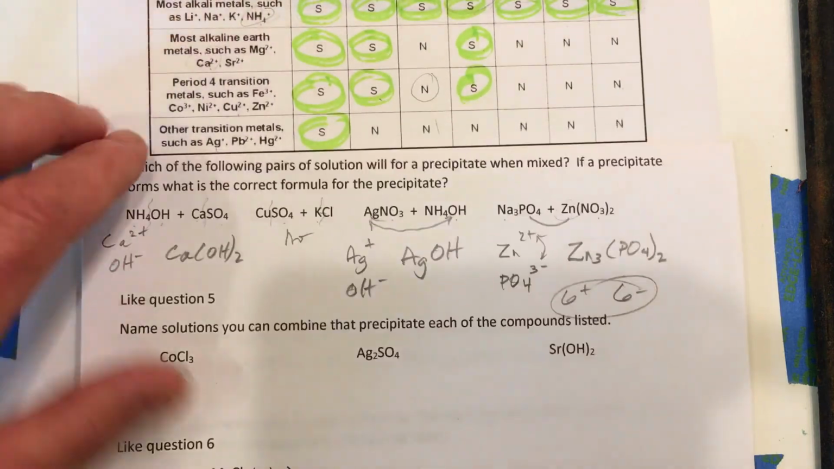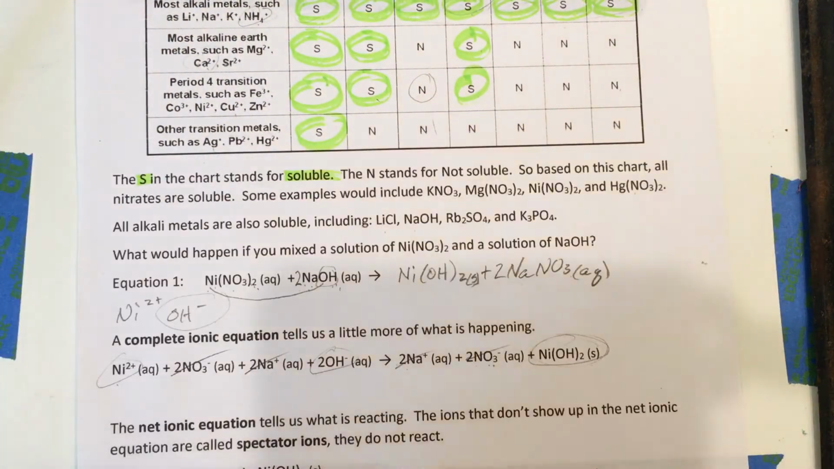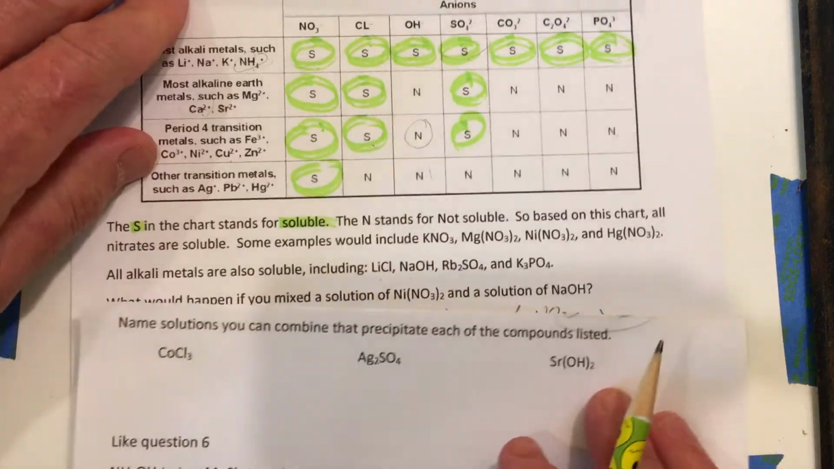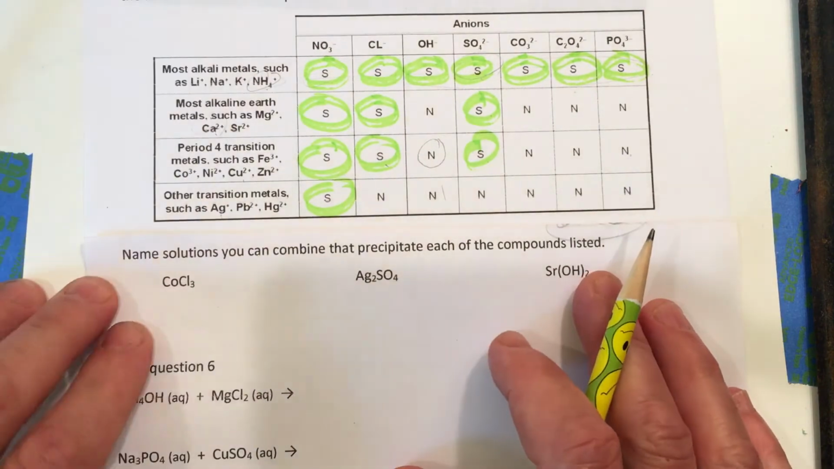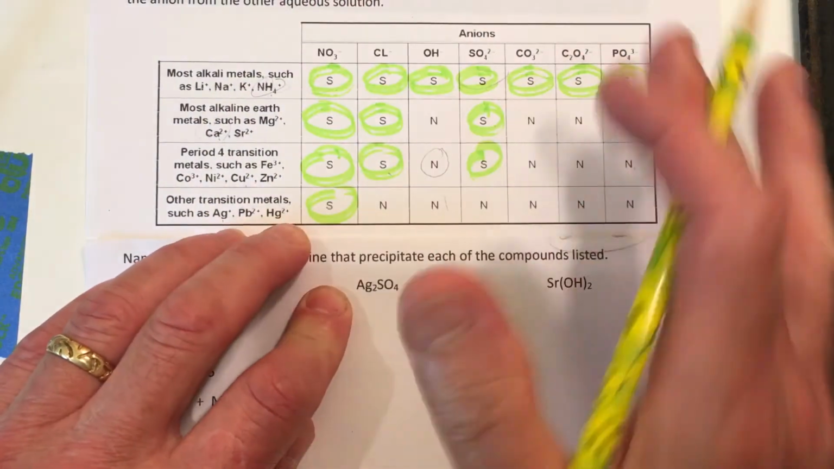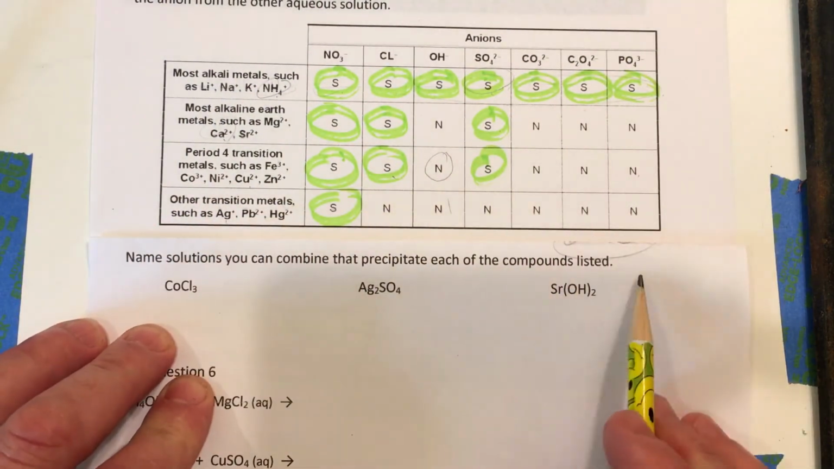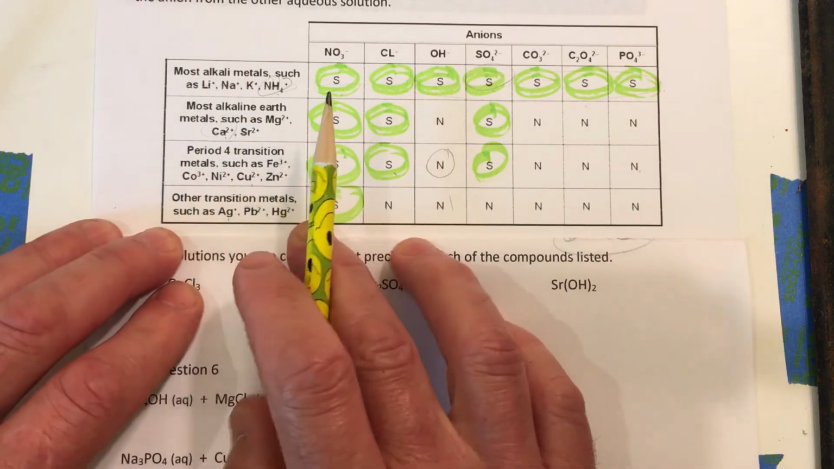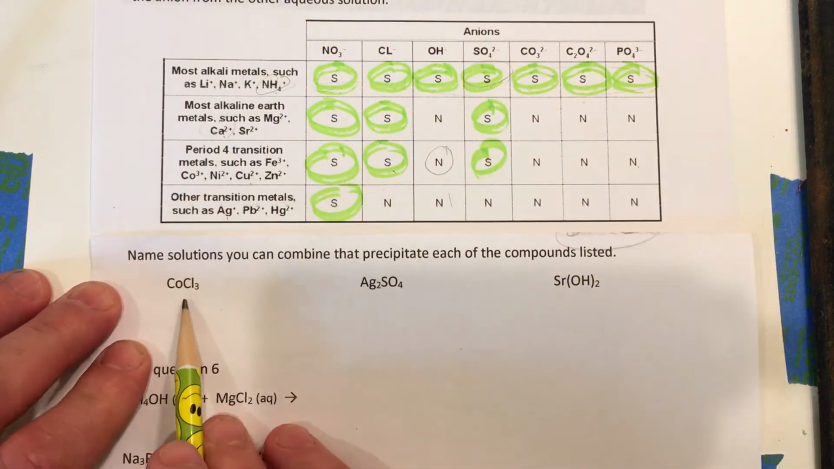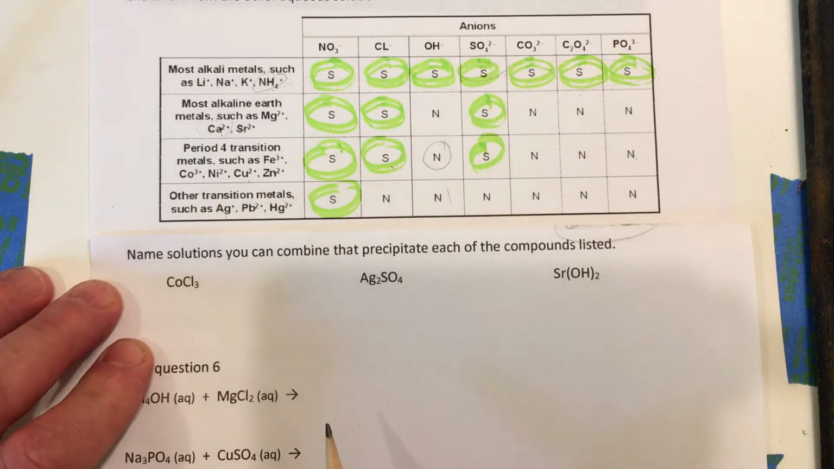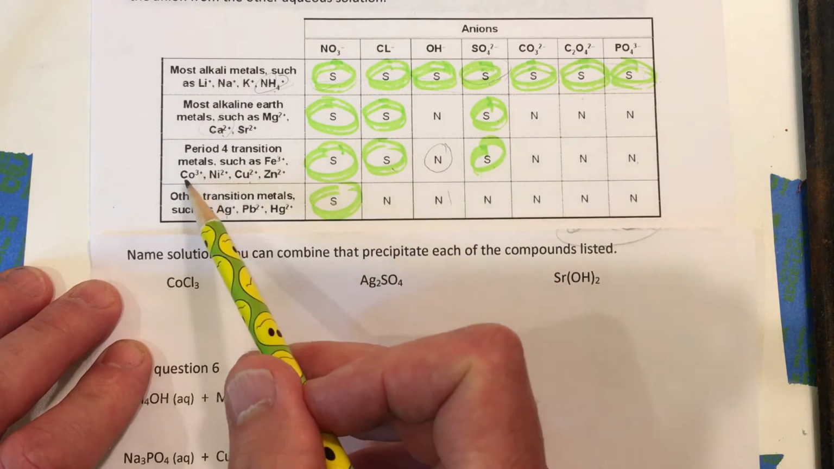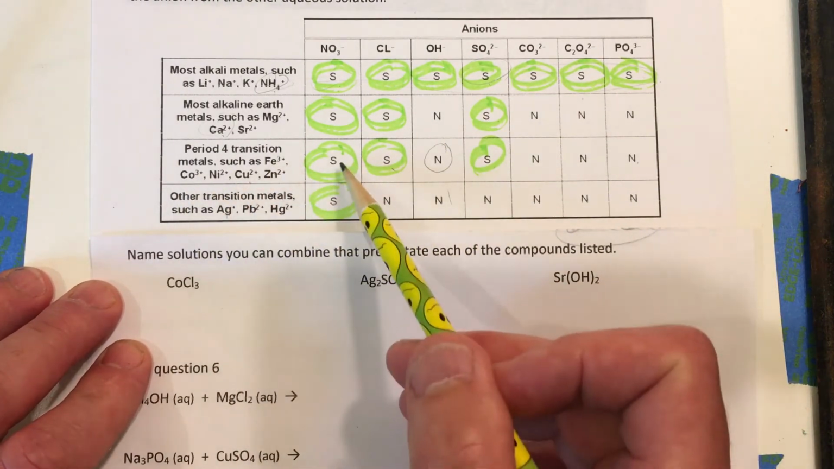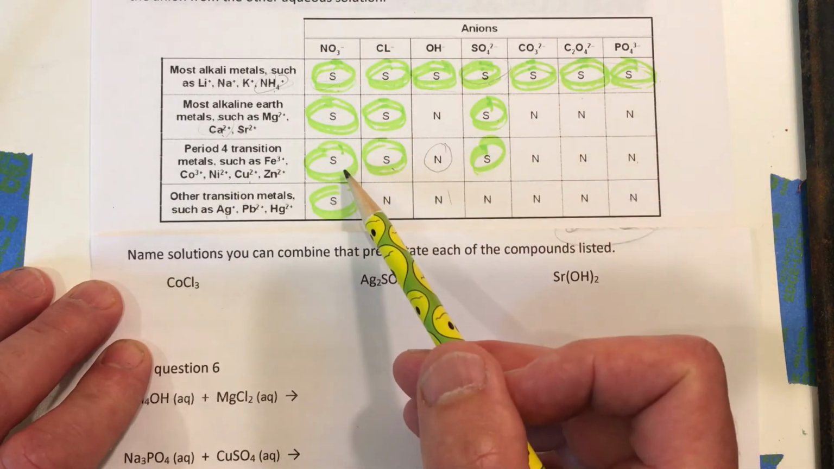All right, the next set we're going to do is going to be like question number 5. So be looking at question number 5 in your book, and here we go. Name solutions you can combine that precipitate each of the compounds listed. So what 2 aqueous solutions could I mix to get cobalt chloride? So what I'm going to do is find something that cobalt is soluble with, like cobalt